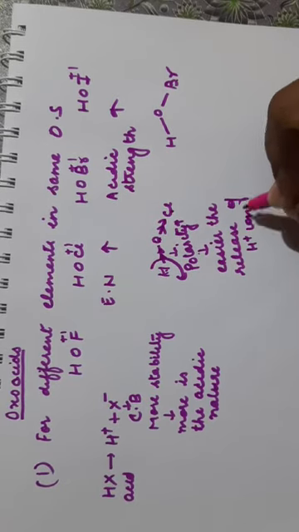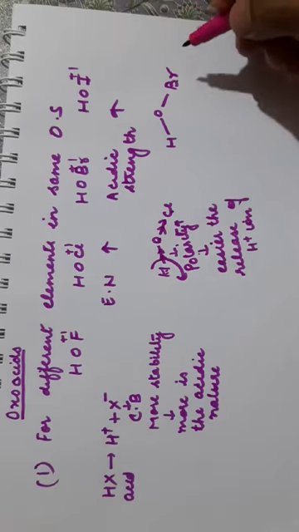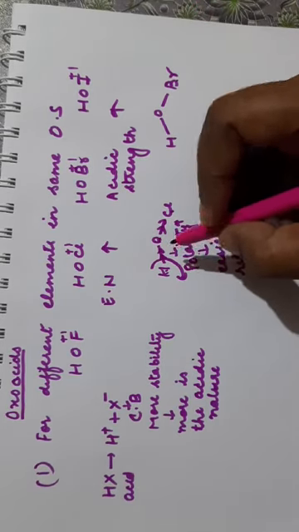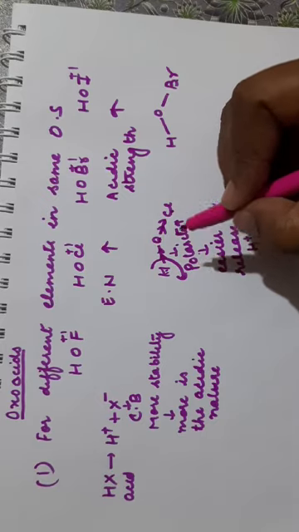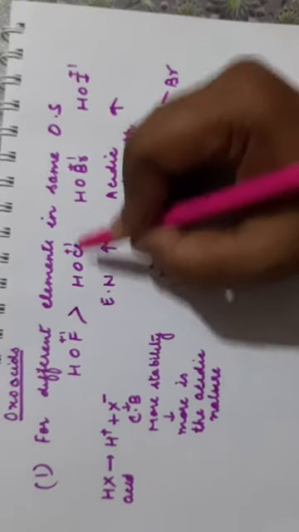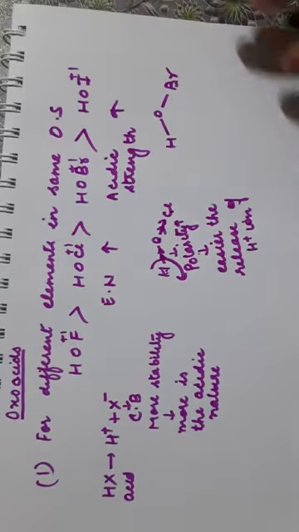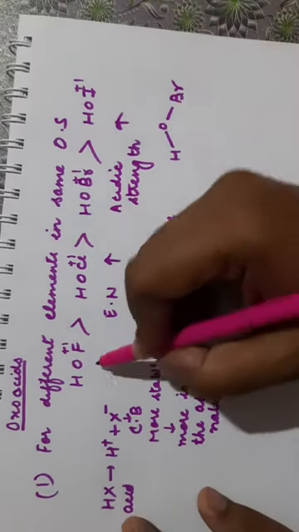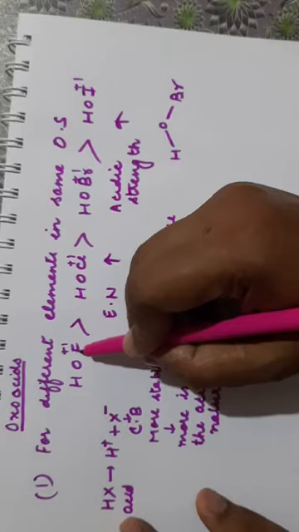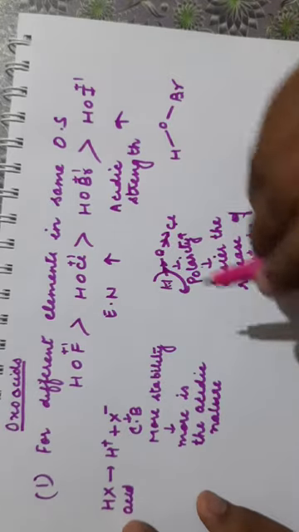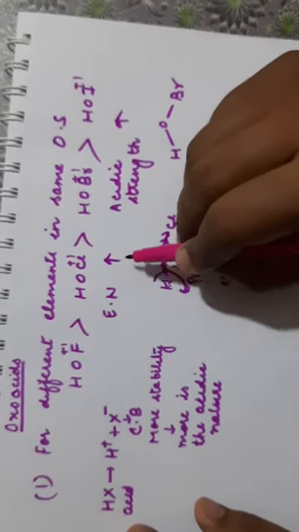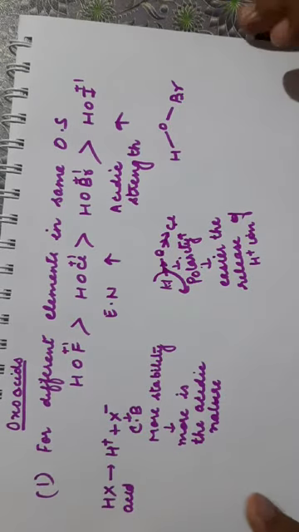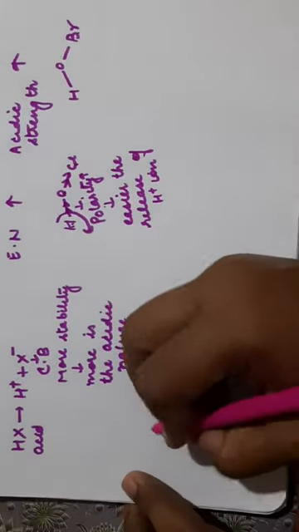I hope it is clear. So as the electronegativity increases, the OH bond becomes more polar and the release of proton becomes easier. So what is the order here? This is the order. So for different elements in the same oxidation state in the same group, if we are considering them, we will consider their electronegativity. As the electronegativity increases, acidic strength will increase. Second case we are taking